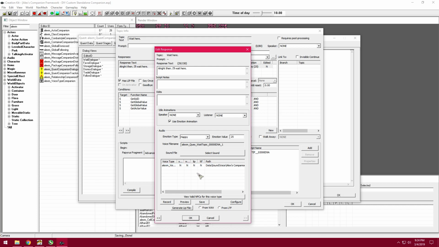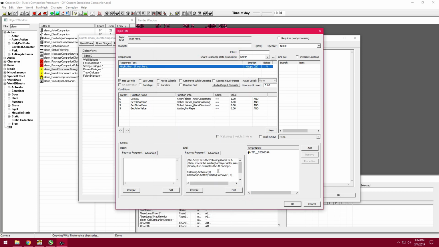Alright, and now that's done, you can click on save, and it's going to say WAV yes, lip file yes, because for some reason it actually right away creates the lip file. However, if it doesn't do it, I just recommend that you select it, click on from WAV, and then generate lip files. So if we OK out,